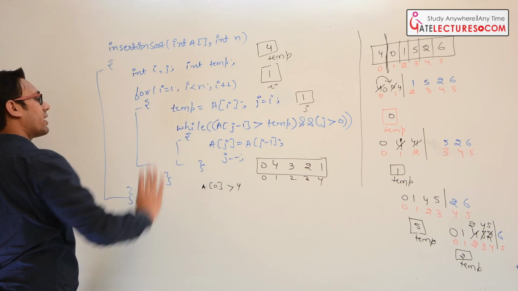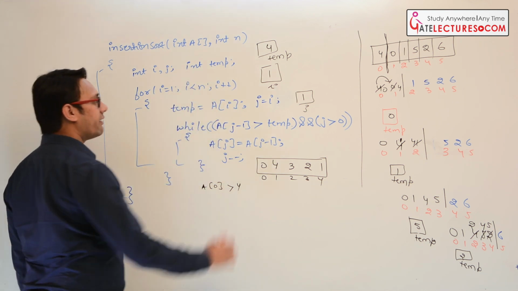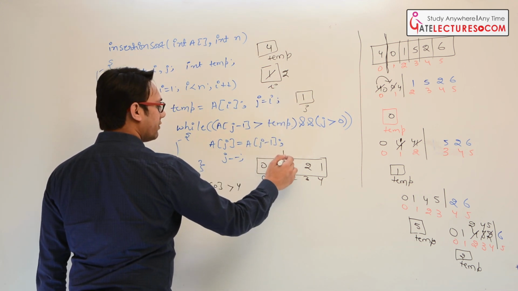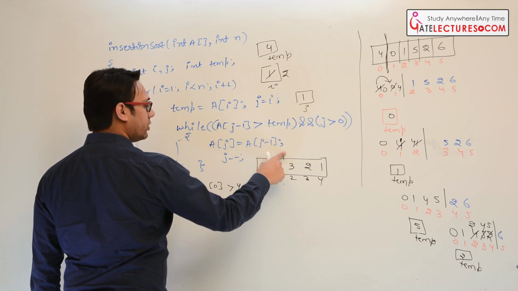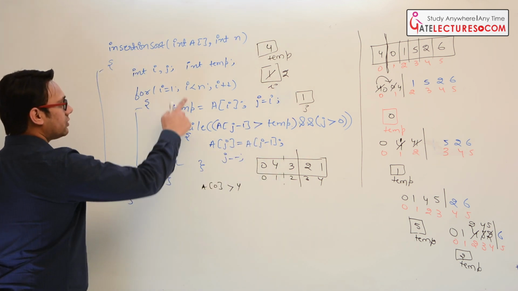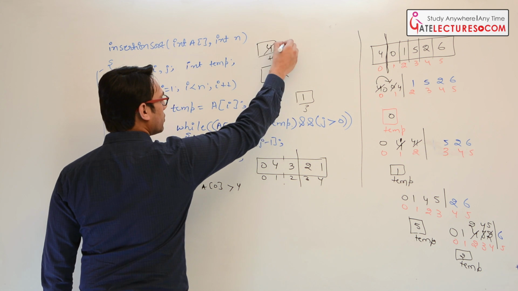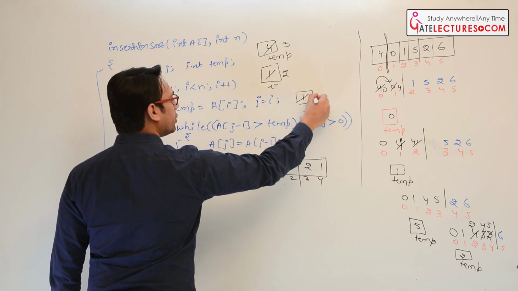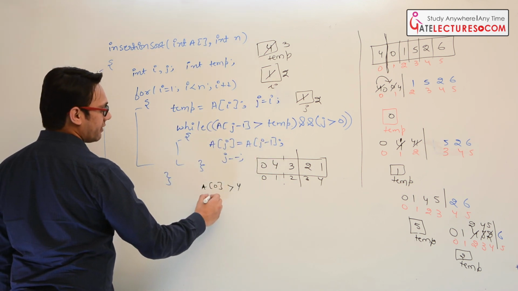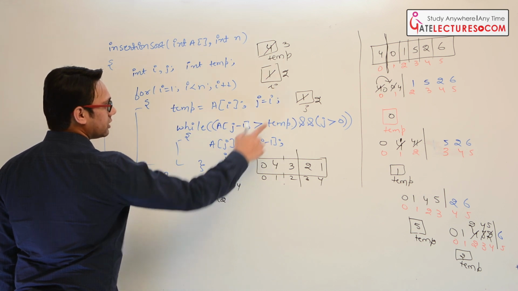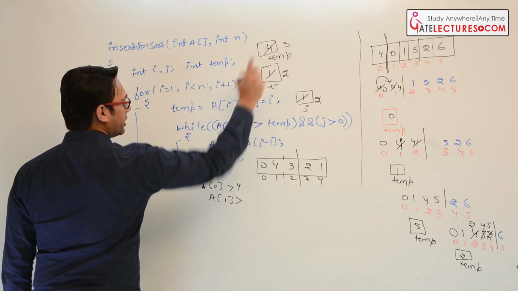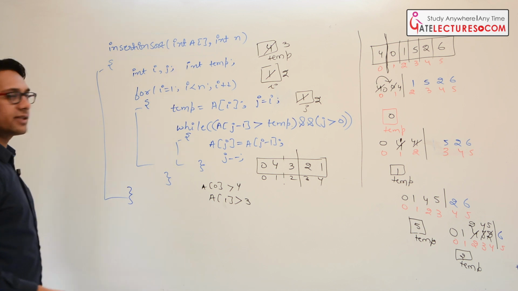So again we go back here and increment the value of I. So I will become 2 now. That means we have shifted the window. Initially it was one window, next time we have this window. So store this 3 into the temporary variable. j is equal to I, so j will become 2. Now while a of j minus 1 is greater than temp. Since j is 2, it becomes a of 1 is greater than temp. What is stored in temp? It is 3. While a of 1 is greater than 3.